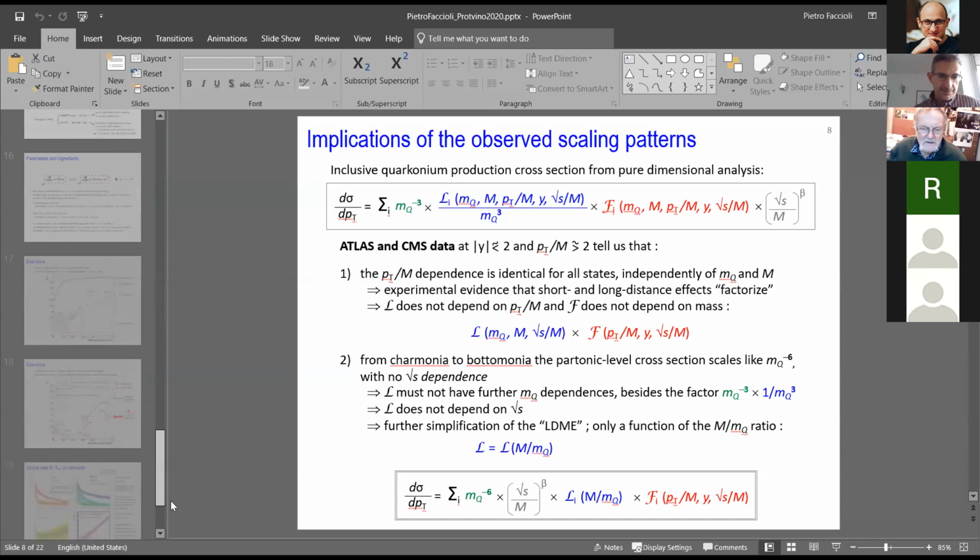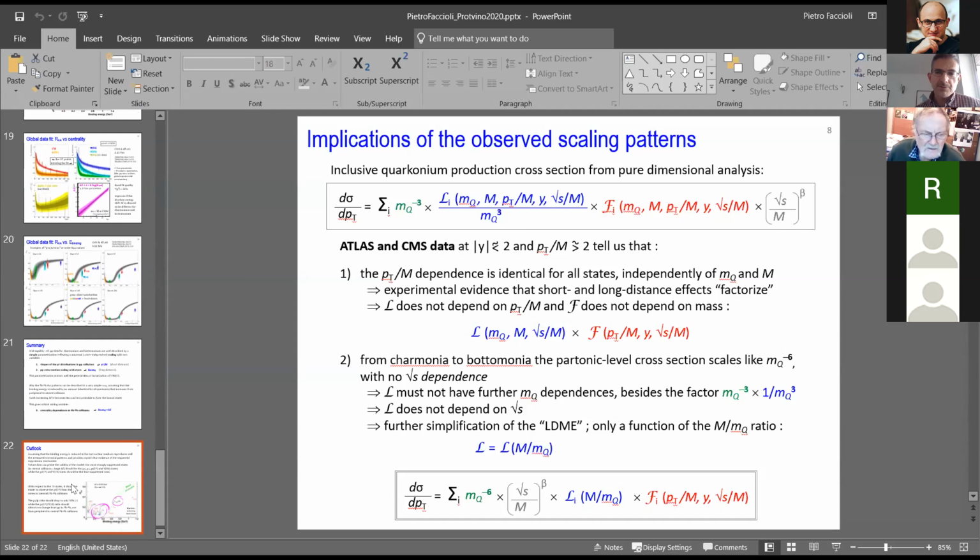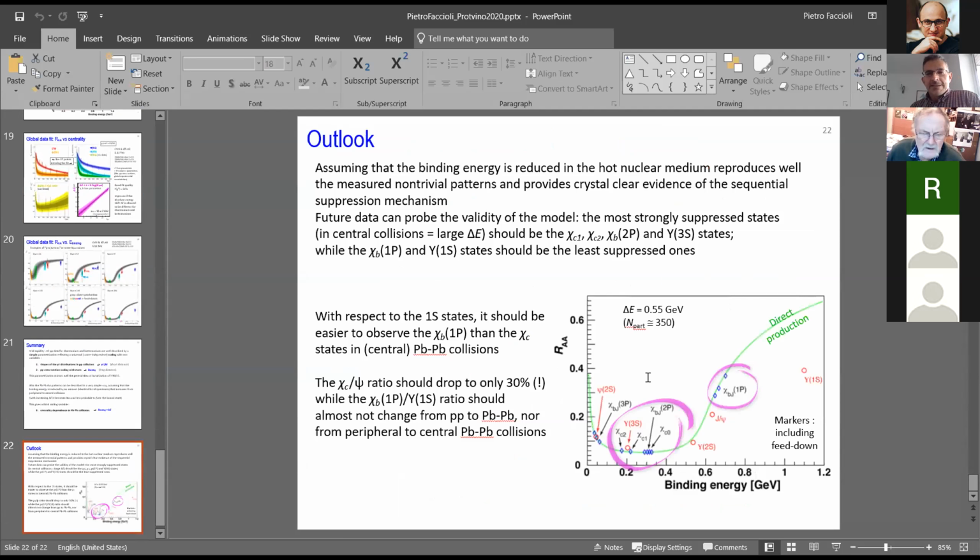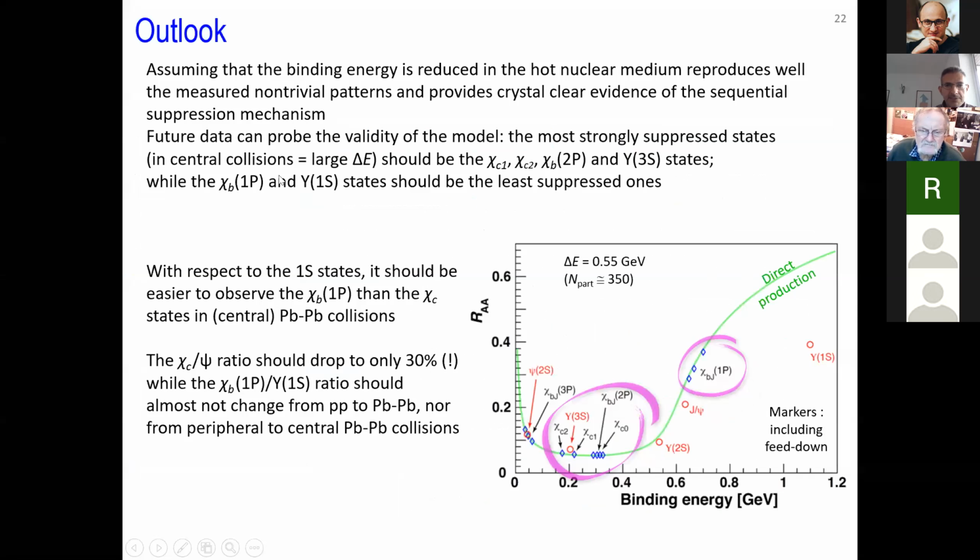Okay, I will go on. It is possible to make predictions in this model also for lead-lead collisions. One interesting prediction is that the most suppressed states of all should be the Chi-C states and also the Chi-B2P, together with the Upsilon-3S, which is already known to be very strongly suppressed. In fact, it has never been observed. And the least suppressed states should be, besides the Upsilon-1S, the